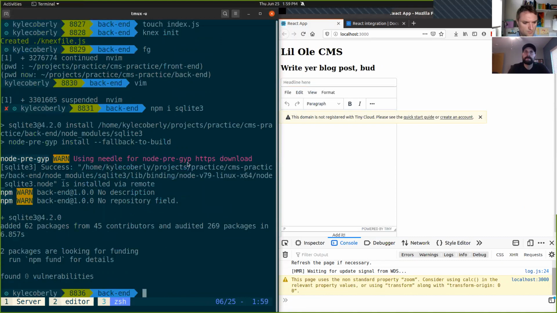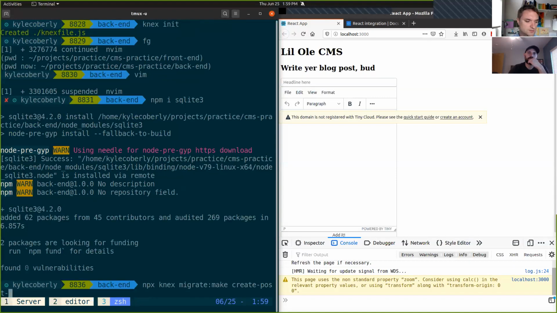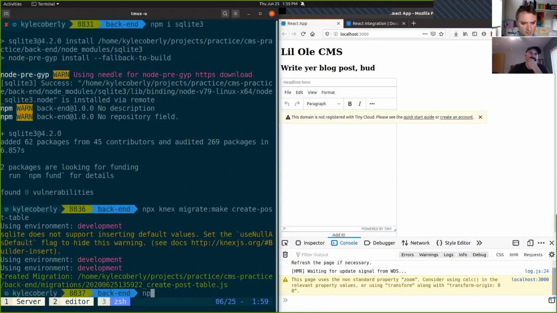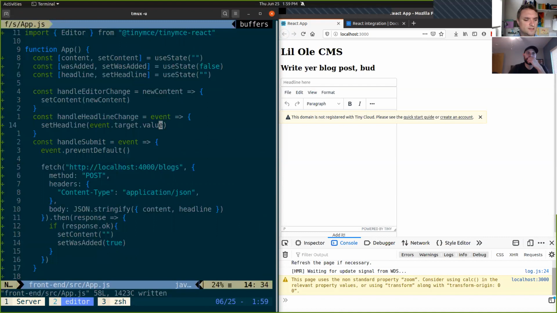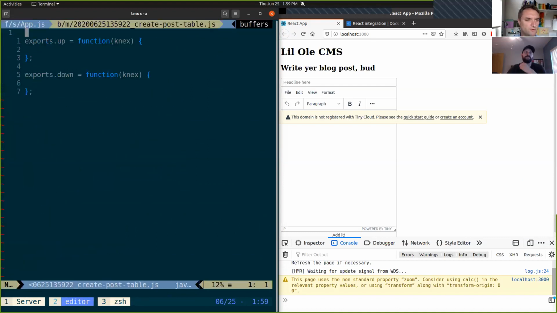So back over in backend land, how about I make a table for blog posts? I'm going to say npx knex migrate:make create post table. And while I'm at it, seed:make create posts. Actually, no, I'm not going to make any seeds. It's fine. All right, so over in this migration,